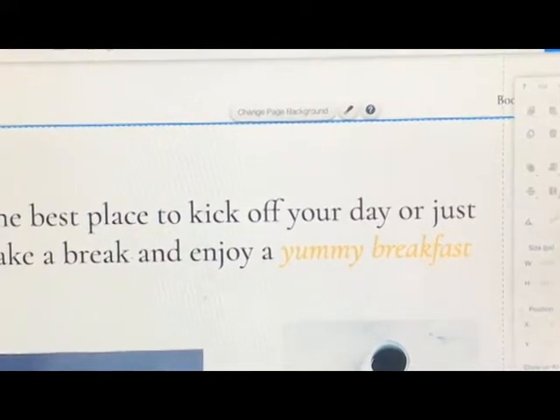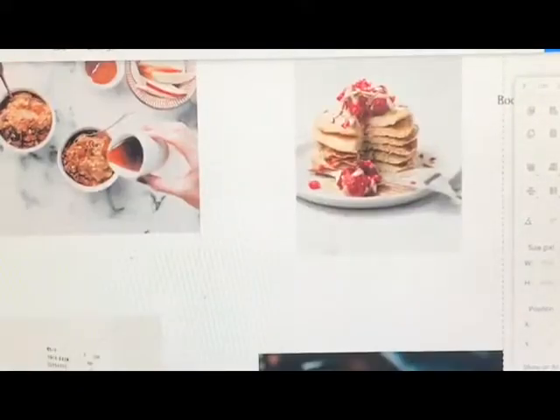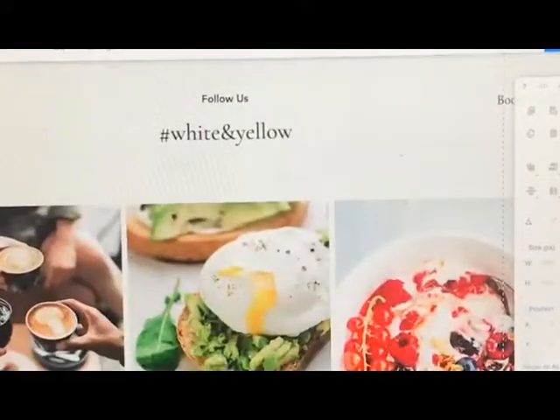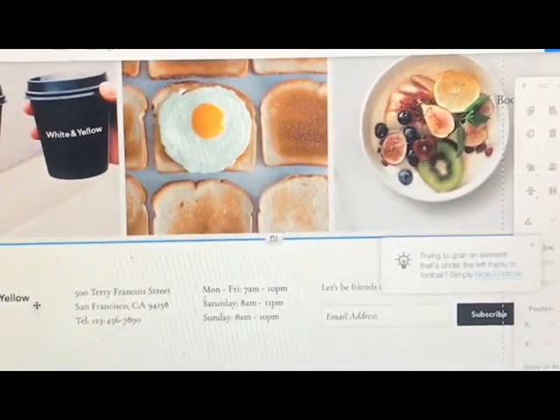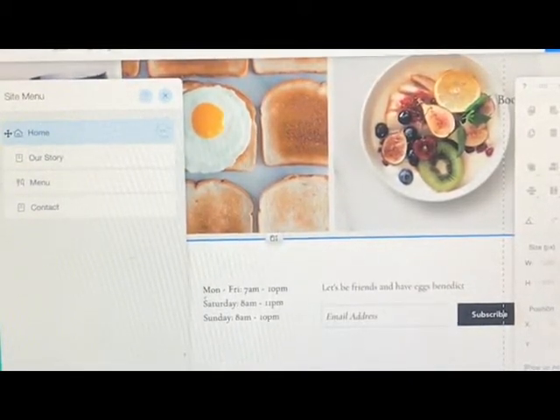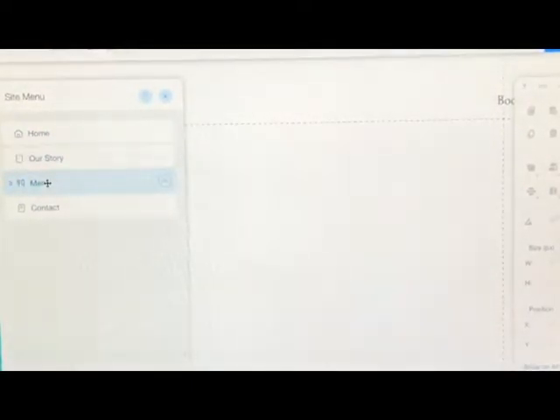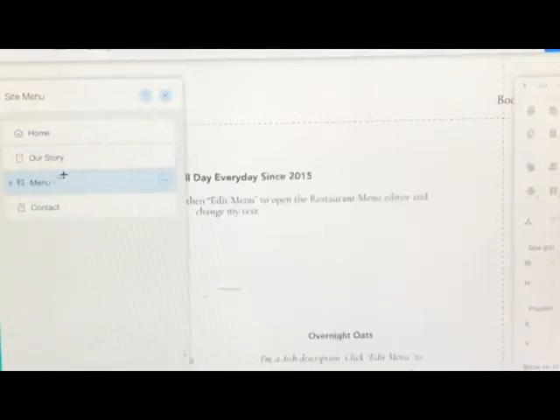And then as you go down into the website, here are more pictures that you can add or delete and add your own pictures. And right here, if you want to keep what this is here, you can change the text and stuff like that. And if you go here to menus and pages, this is basically your site menu. So this is all your different pages on the website. If you click on them, they automatically take you to where the link is already set to